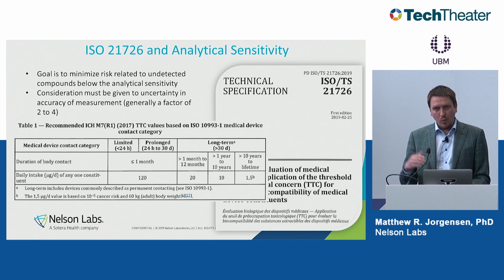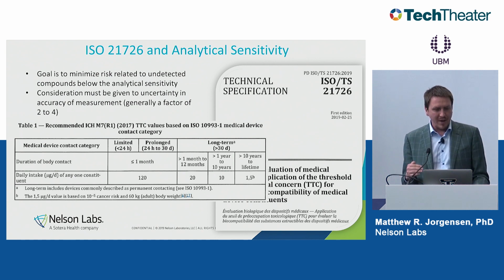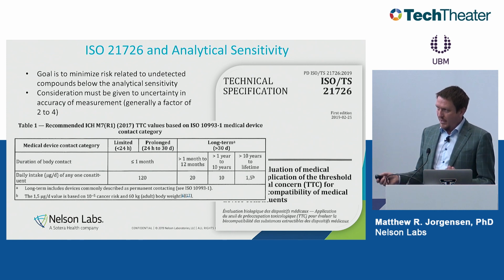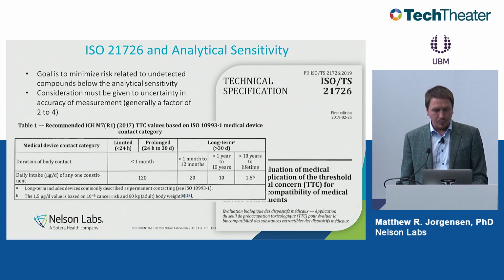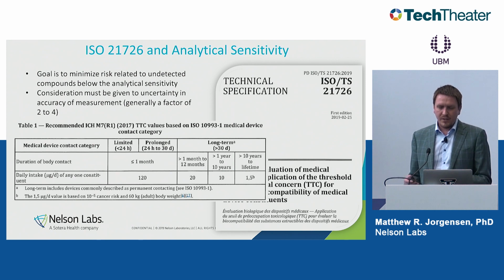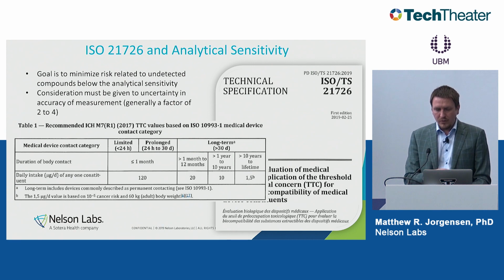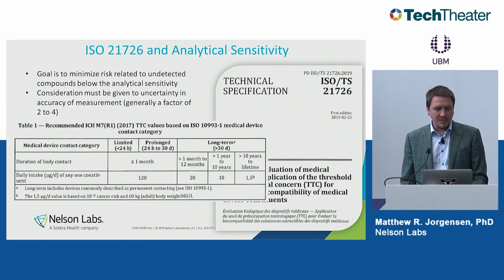So the more sensitive your analysis is, the more time it takes some expert analyst or chemist to go through the data, and the cost scales up dramatically. So it's really good to know how sensitive you need to be from a patient safety and from a practical perspective. Okay, so this idea of how sensitive we need to be borrows from this ICH M7 concept